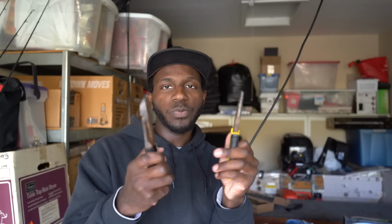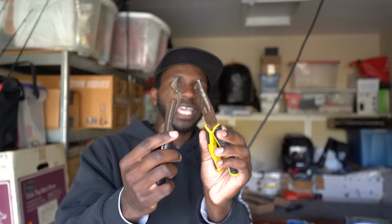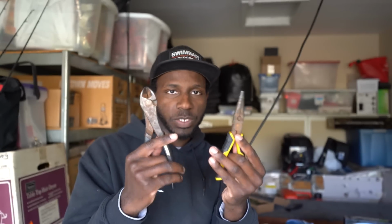Obviously, these are super rusted, as you guys could probably tell, but I love this 1-2 combo. I use my pliers to change out hooks on split rings, obviously unhooking fish, and I like having a good quality pair of pliers, because if you get some cheap ones, like I have some in my truck right now that are literally garbage at cutting line, so it really makes me mad that